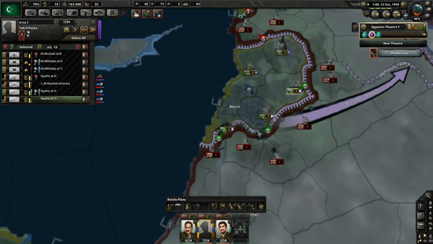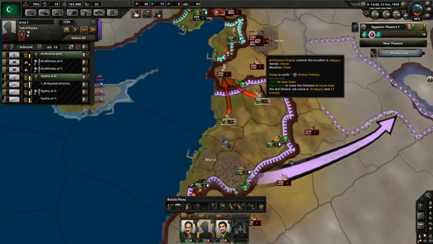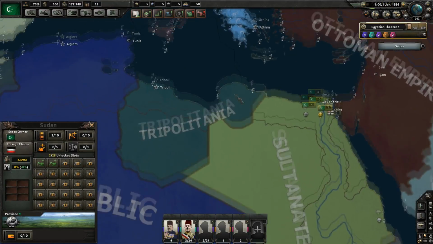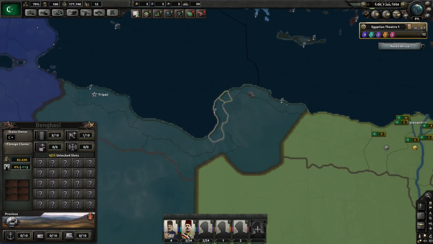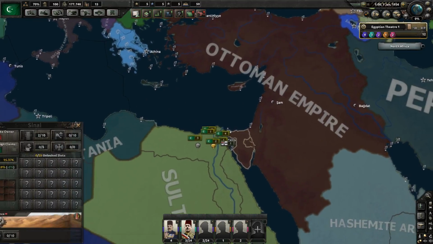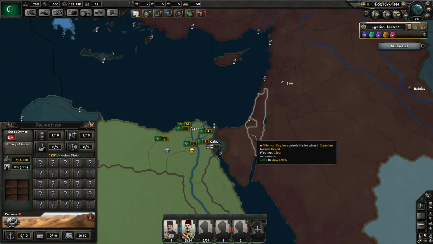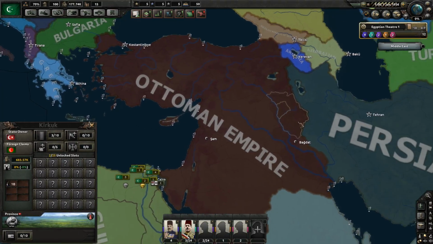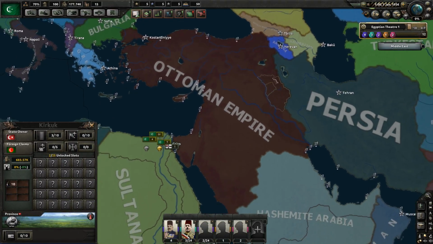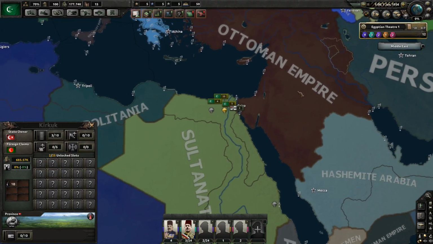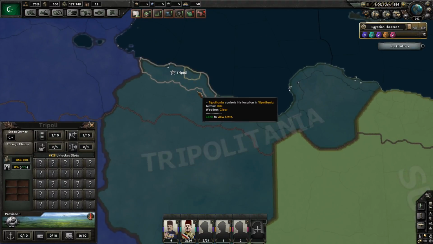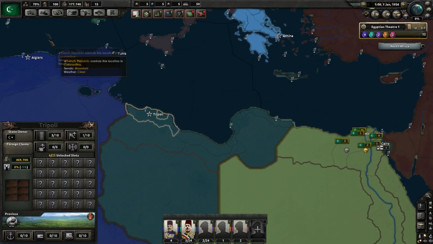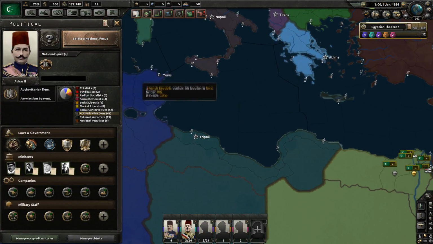And it is through events that you gain cores outside your nation. So you start off with cores, of course, on your Ural lands. You actually start off with cores on Sudan. Yes, you do. Very good. You have some cores in the Sinai. Then the maximum expansion of the cores you can have actually goes all the way from Kirkuk in Kurdistan all the way to Tripoli, if you pick some certain options in the Arab Congress event line.